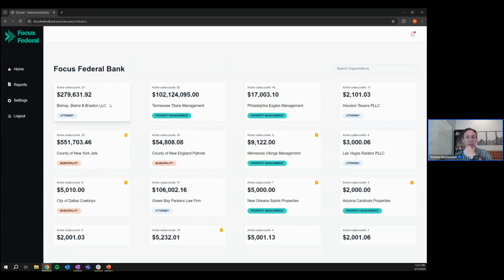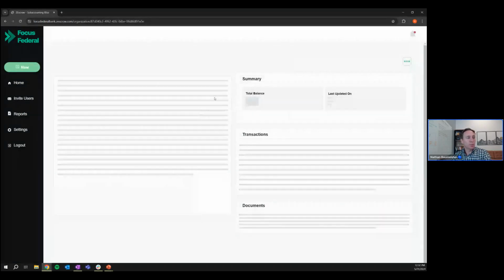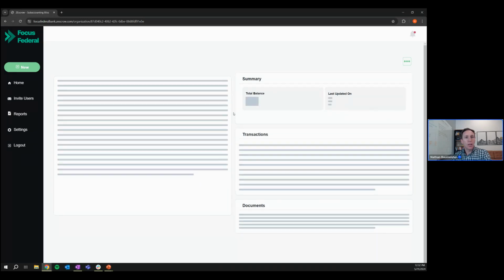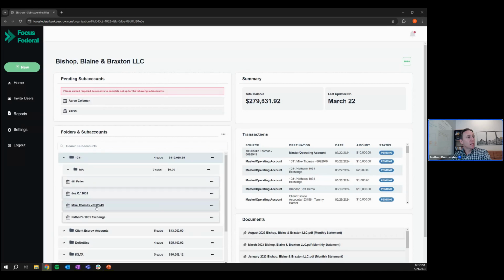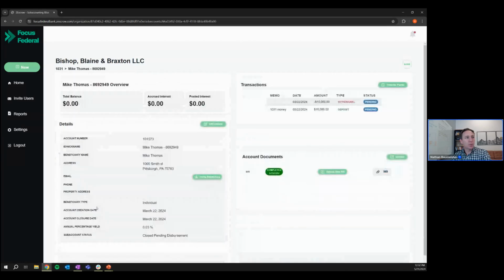The second level of access would be your commercial customers. So as an example, Bishop Blaine and Braxton, who is a law firm, would have complete and total access to their aspect of ZEscrow to manage their accounts. Then the third level of access is limited and optional, but it does exist, which is down to the sub-account